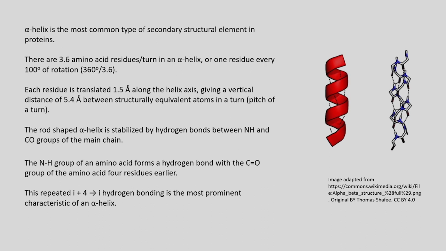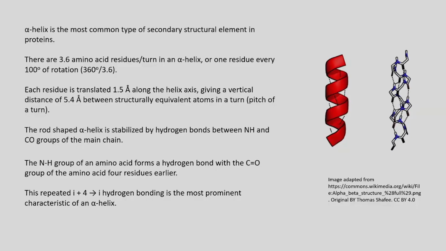These residues translate 1.5 angstrom along the helix axis, giving a vertical distance of around 5.4 angstrom between structurally equivalent atoms in a turn, or the pitch is around 0.5 nanometers. As you can see, this is a rod shaped